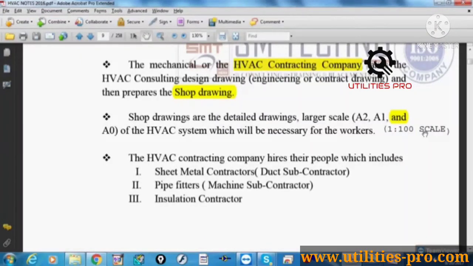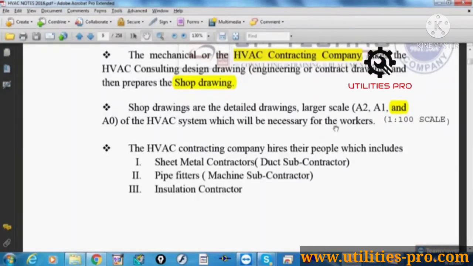So if you measure 1 mm in the drawing, it is 100. So we multiply with the scale, that is 100. It can be 1:150, it can be 1:200 for a very big project, etc. But most commonly on site you'll find 1:100, though not all the time. Depending on the case, 1:50 also you'll find, 1:200 also you'll find. But workers can understand this scale very easily, and generally they follow it. So we'll try to print with 1:100 scale. But about the scale in detail you will find in the drafting class. Okay, at the time of drafting, not even in CAD. After CAD you'll find the drafting. In the drafting you'll find this scale concept.